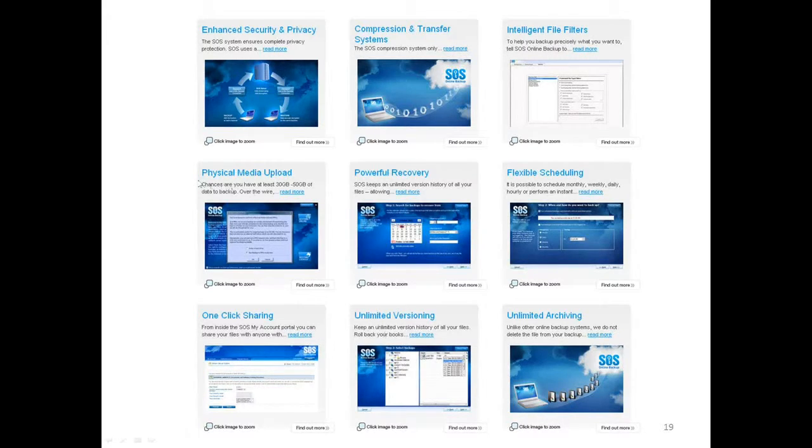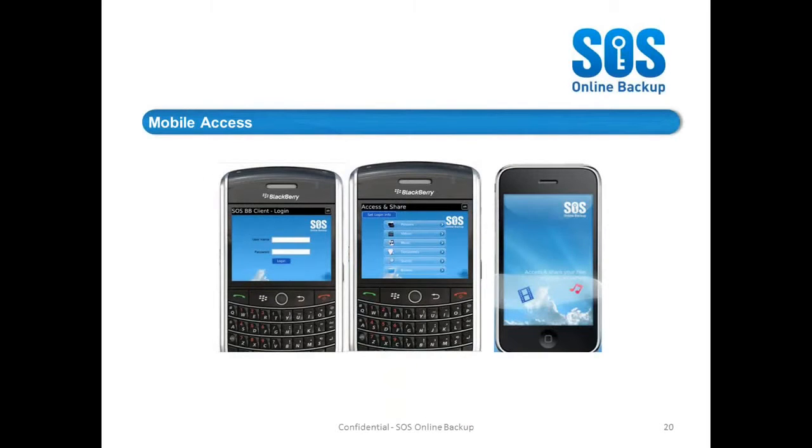All right, moving on. So our mobile access system, we've got powerful real-time access on mobile devices. In fact, there's a great anecdote from one of our customers, an IT administrator who got a phone call from a CEO on a Sunday while he was playing golf, and the request from the CEO was to get a particular PowerPoint presentation file that had been developed 2 years ago for a client, and the CEO needed it first thing Monday morning.